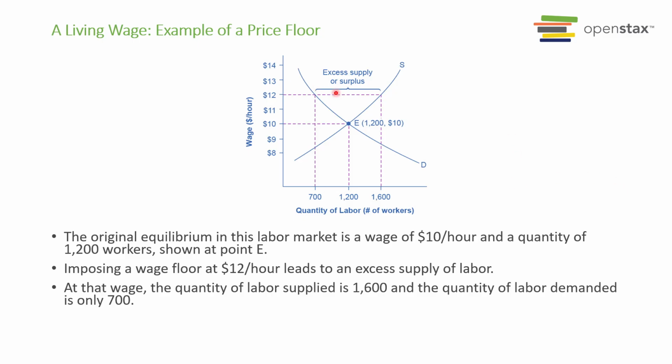So here's an example of a price floor, and let's go over this example. The original equilibrium in this labor market is around $10 an hour. You can see here $10 an hour, and about 1,200 workers are hired at $10 an hour. But let's say there's a price floor at $12, meaning you're not allowed